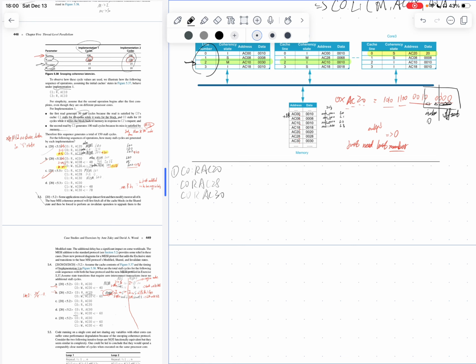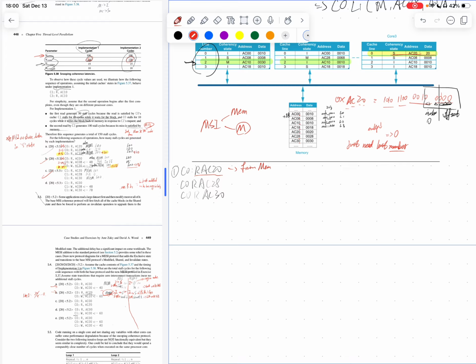Okay, so let's see what will happen. Do we have AC20, right? We don't have it. And although C3 has it, we only remember MSI: we get it from memory or a modified state. So you have to get it from memory,